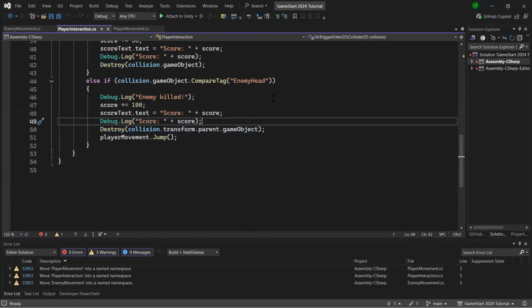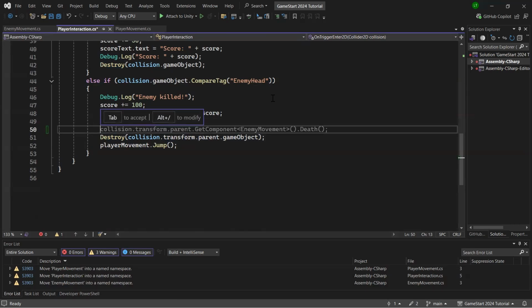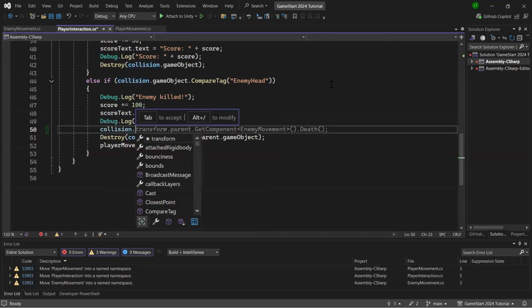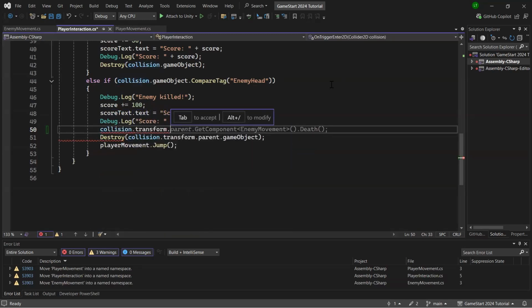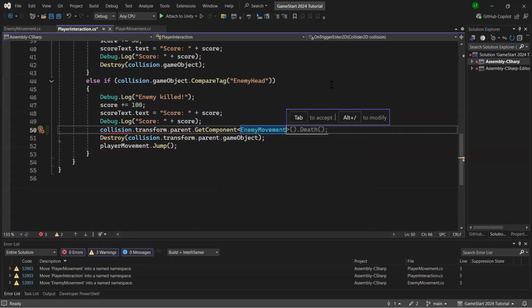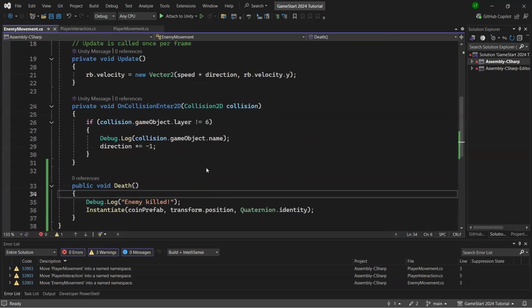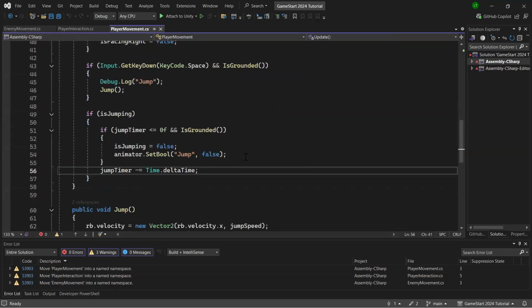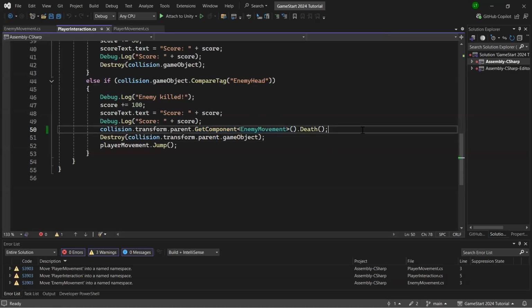And before I destroy the game object here, I'll do collision.transform.parent.GetComponent EnemyMovement.Death. So this allows me to get this component EnemyMovement and then call the Death method. So once I stepped on the enemy head, it calls the Death method and it destroys this